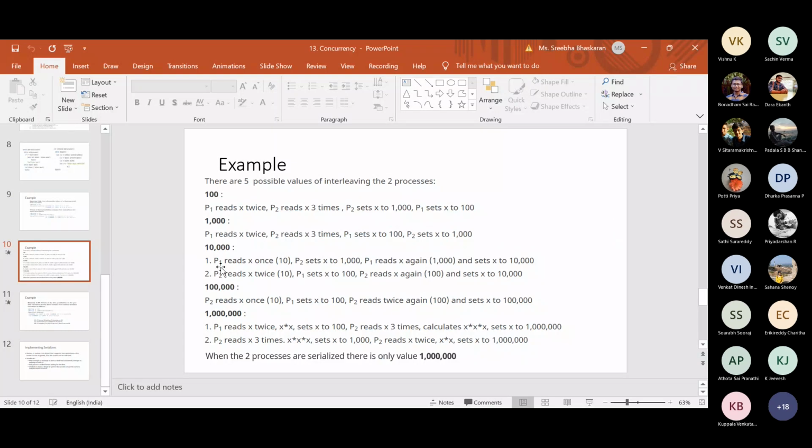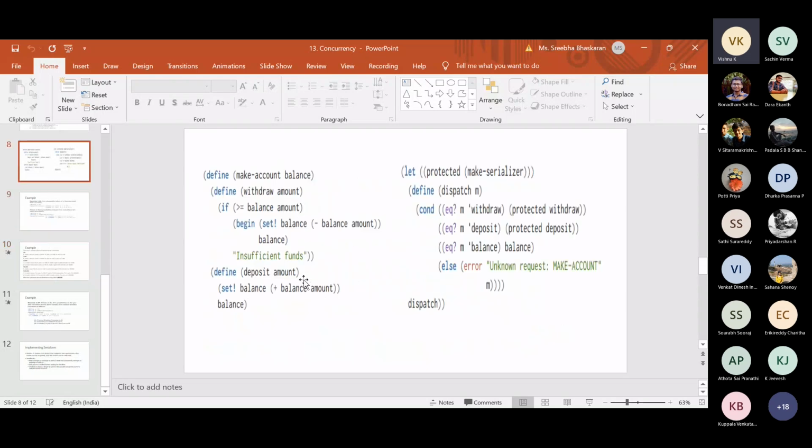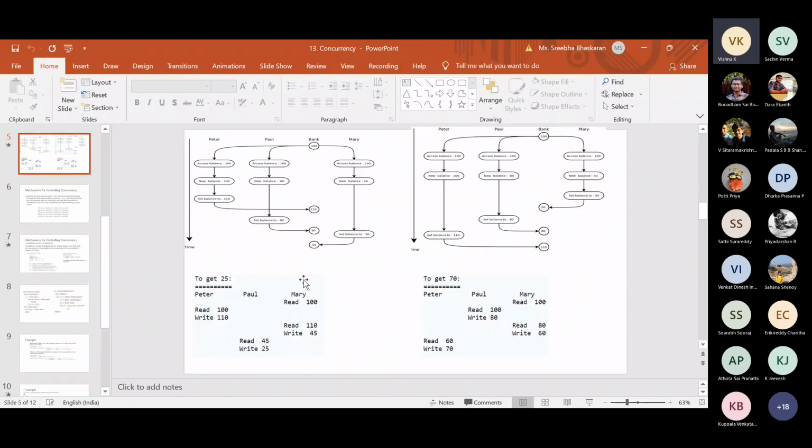Yeah, these are the cases which you are talking about, right? I think it's there in this PPT only. Can you go to the example, ma'am? There were four diagrams, two timing diagrams and two without. Here, ma'am, this example, to get 25. Why is Mary reading it again after Peter? She has already read it once, 100. And then Peter is updating. Okay, that is a separate system. But again, why is Mary reading it before writing her thing?